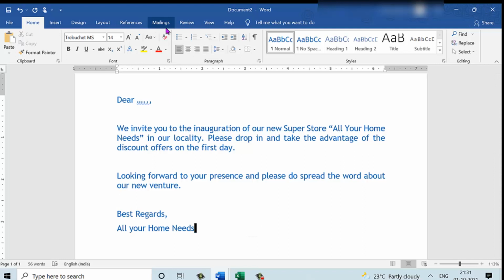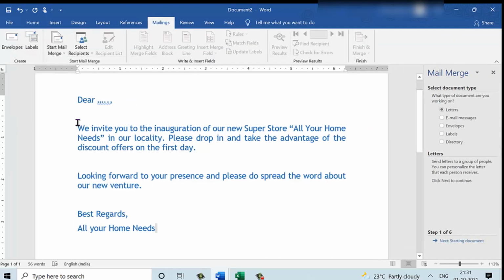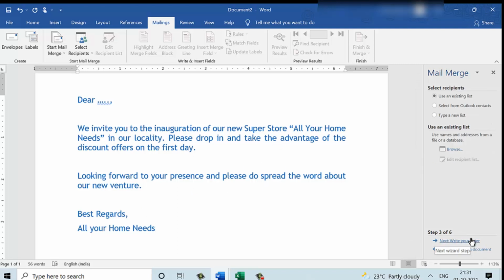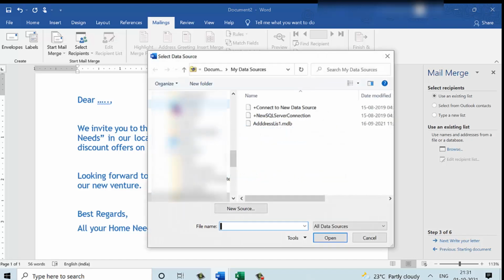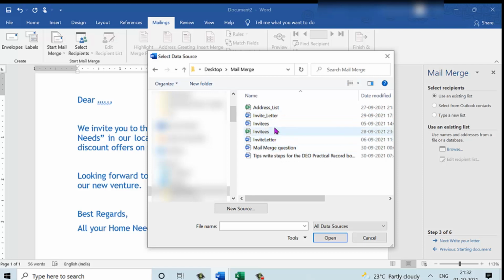To do the mail merge, we can start with the mailings tab. We can use the step-by-step mail merge wizard. We need to create a letter, so the letters are chosen here. The next step is to choose the current document, and this happens to be the current document, so we can go ahead with that. The third step here is to choose the data source, or associate the mail merge with the data source. For that, click on browse, scroll up to the folder where you have saved the data source and associate it with this.